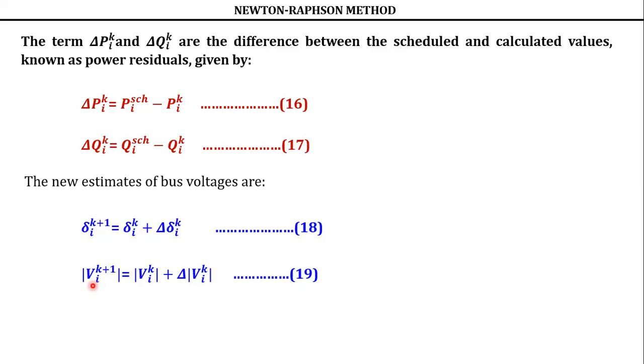What are the old values of delta and Vi we have assumed? For voltages, if it is not mentioned, you have to assume a flat start, 1 at an angle of 0 degrees. So what is delta again? It is 0 degrees. 1 at an angle 0 means 0 is your delta and 1 is your magnitude. So now the updated values of delta and Vi are available. Again, go back and repeat these calculations till delta Pi, Qi converges. Clear? So this is the process, complete Newton-Raphson, you have to do it. Now I am going to summarize the entire Newton-Raphson algorithm with the help of a flow chart.